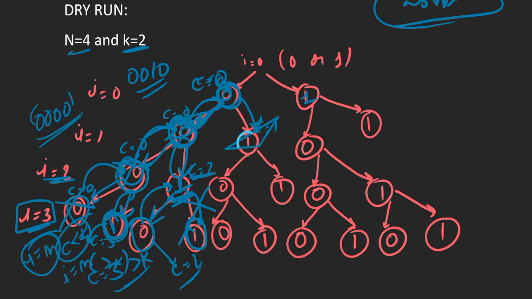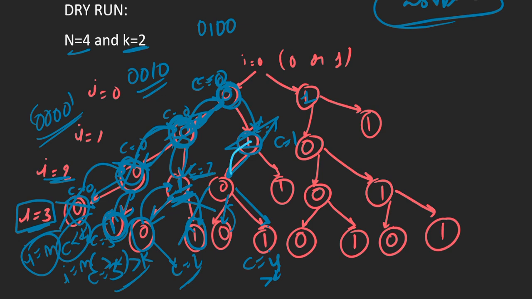So we take this case where we put 1, so our cost will become 1. Then from here we take the case, we put 0, then again we put 0, so again we get a valid string which is 0 1 0 0, right? Then from here we come back, again we take this case, but here the cost will be 1 plus 3, 4, which is greater than k. So this string that is 0 1 0 1 is not a valid string due to the condition.